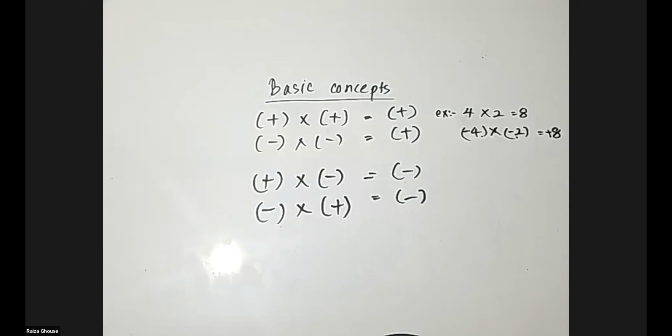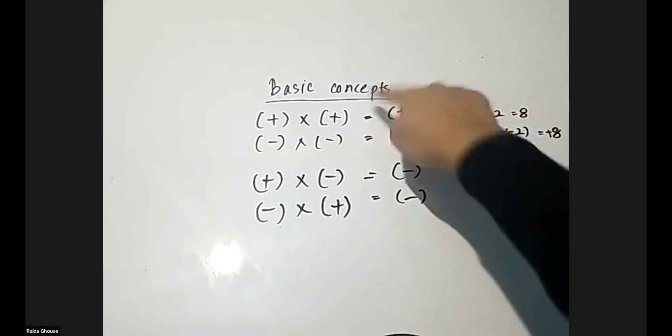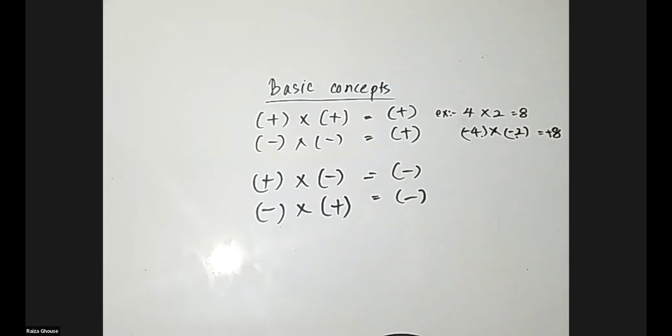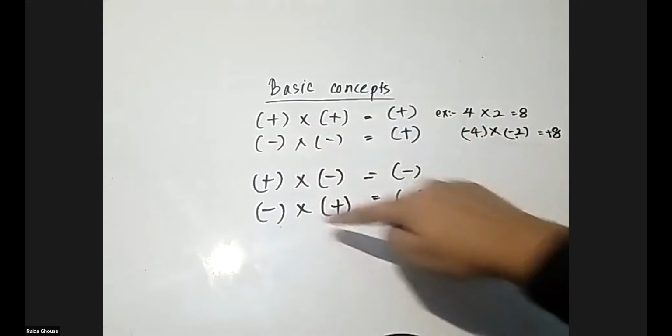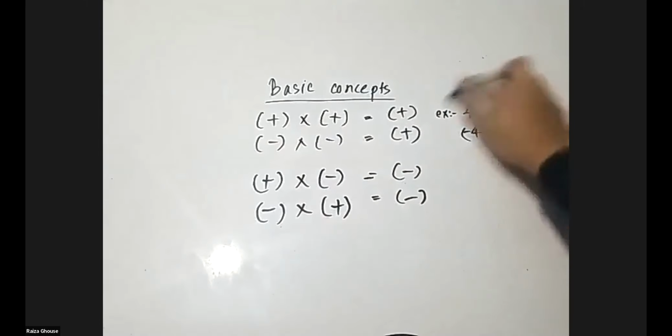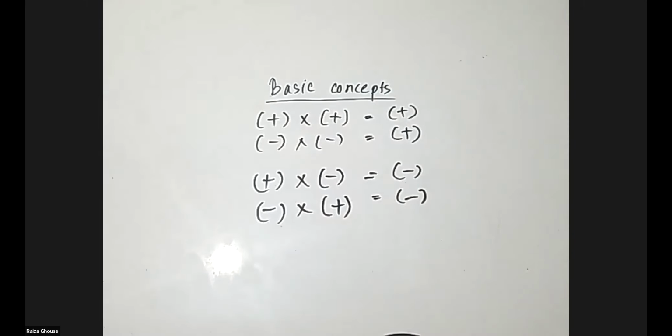Right. If it is clear for you, now take your writing book, write down the date on the top, put the topic, unit number 4, binomial expressions, and then write down basic concepts. And after that, you should copy down this one. No need for the example. Copy it down, take your red pen, box it and keep it.